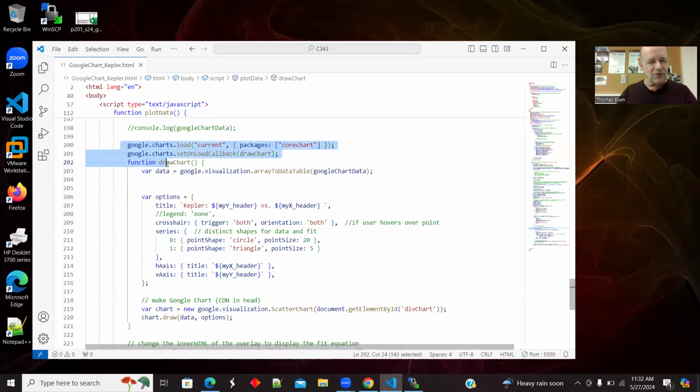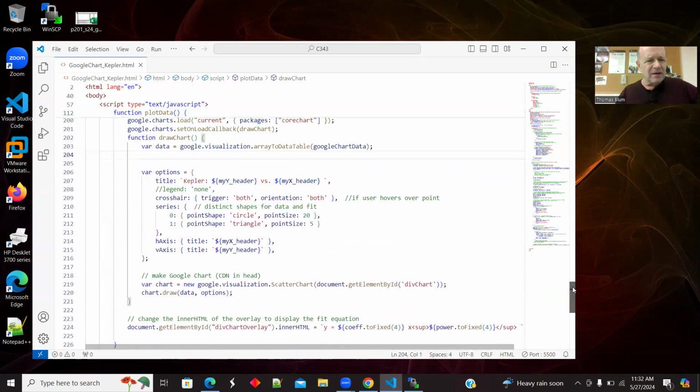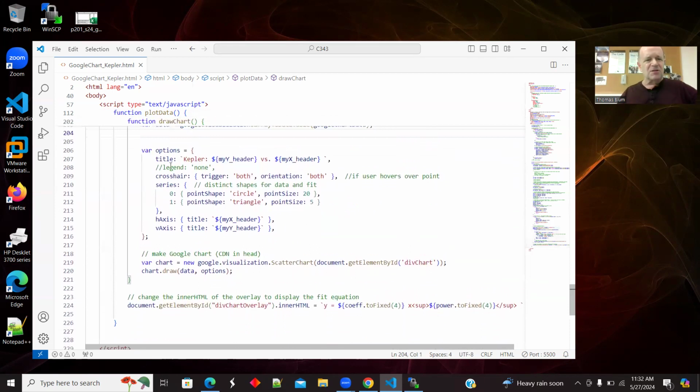So this is the standard thing for making a Google chart. And then the interesting part, so most of this is just sort of standard copy, and a little more interesting comes in the options. So I decided to have a title, and throw in what the user chose for the Y and X header. When you talk about versus, most people say the Y versus the X. So I put those in,